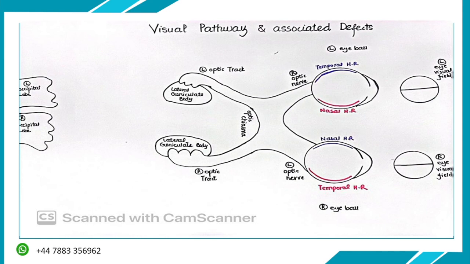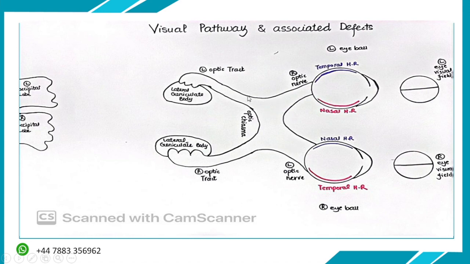This is just a basic diagram, you all know about it. This represents our left eyeball, this is our right eyeball. You can see that from the left eyeball comes the left optic nerve. This is a mistake, just correct it. This is the left optic nerve, and there comes the right optic nerve, then they merge at the